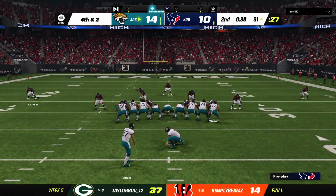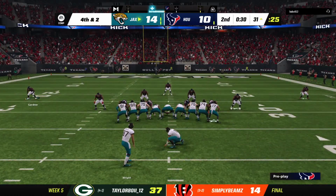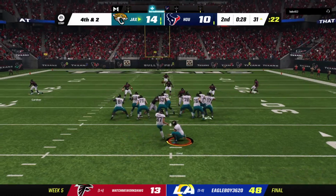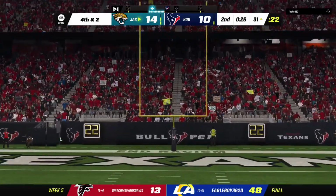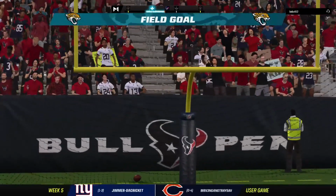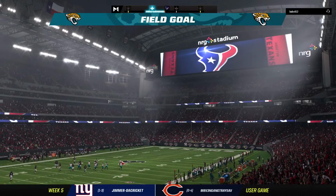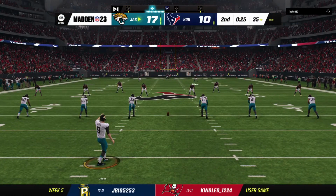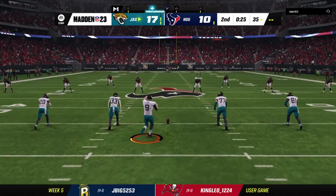Now a field goal try coming up here for the Jags. From the right hash, this from 48. And this is right down the middle as he puts it through. And that moves him up by a touchdown now at 17-10. Still a little bit of time left here in the second quarter, but they do get 3 before the half